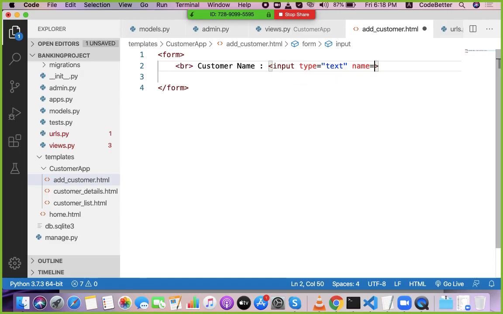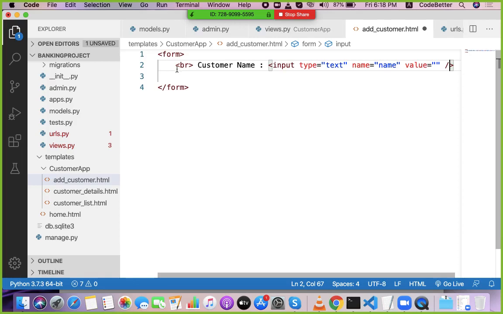Value of name property can be anything, customer name, cust name, C name, or name, anything, because this data is submitted to server using this property only. So this is the identifier of data which will be submitted to server. Value empty.